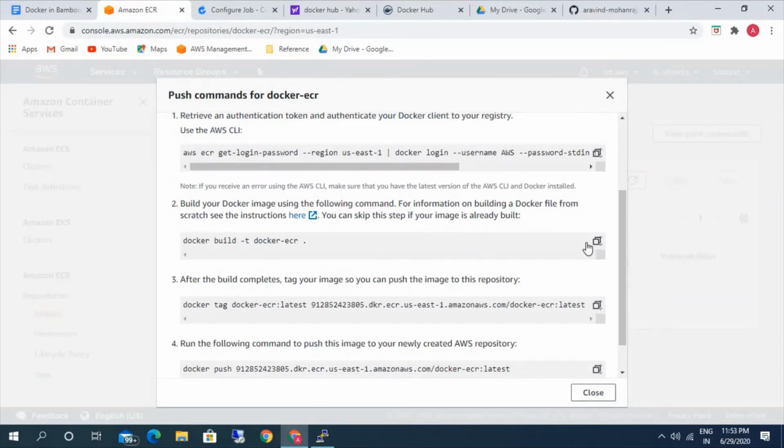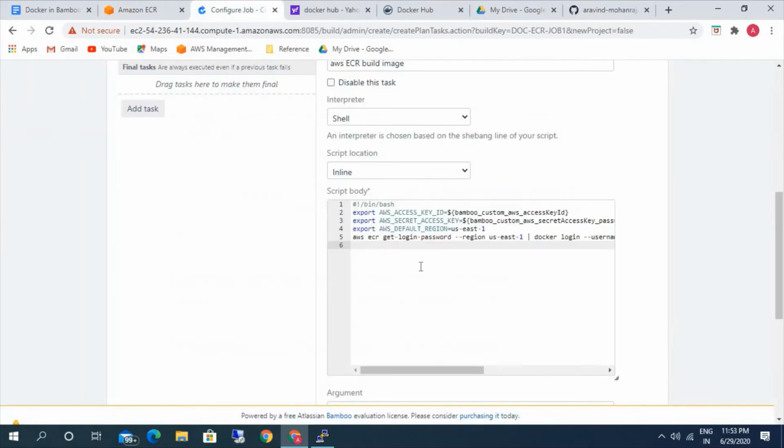Then I'm going to build the image. This is the command to build the image. Here, if you see, docker build -t, the -t is nothing but tag. Here we are going to give 1.0, the version of the tag, and this dot will fetch the Docker file from the current working directory. Okay.